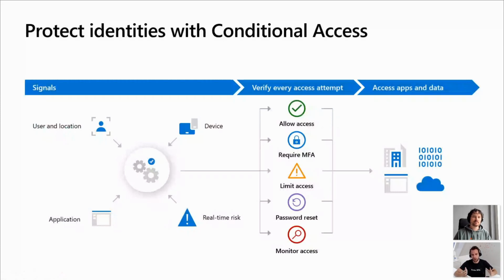We have those signals on the left side, which could be a user, a location, the state of a device, or a particular application, and then the cool thing, real-time risk. This is real data coming from all Microsoft services, so it's not only enterprise services, it's also consumer services. So if I'm an attacker and I got hired to